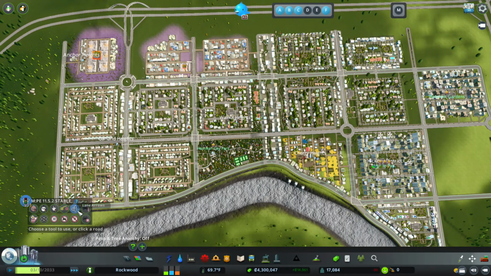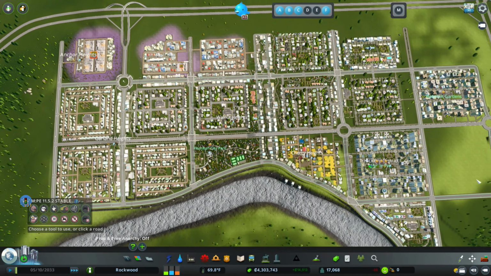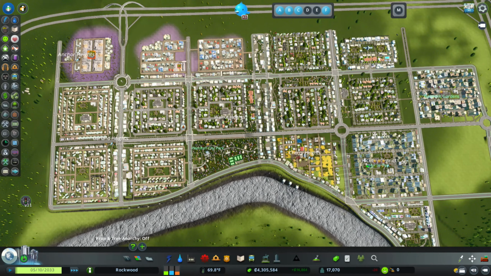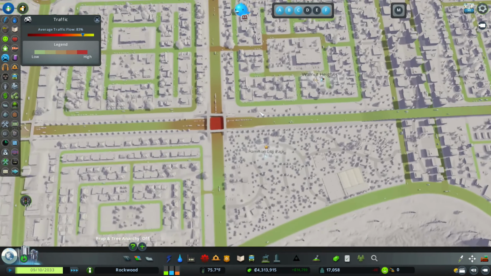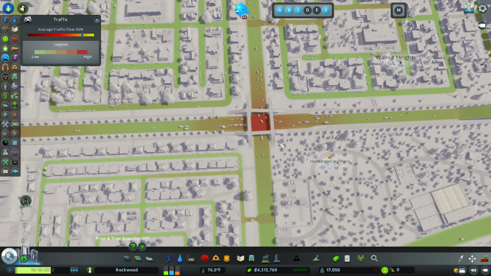Okay, and so we went ahead and set up all the lane junction restrictions, all the lane arrows, all the priority signs, and we set up our roads. And so let's see if that affected traffic at all. So 80%, not a whole lot. You can kind of see we still got some red, and so we're going to go through into these major